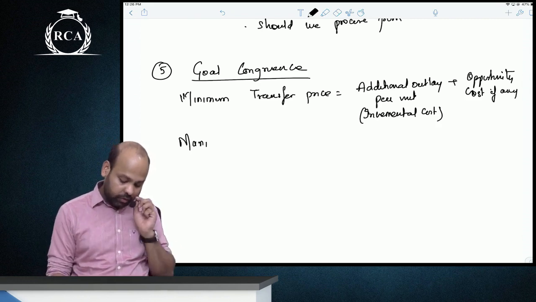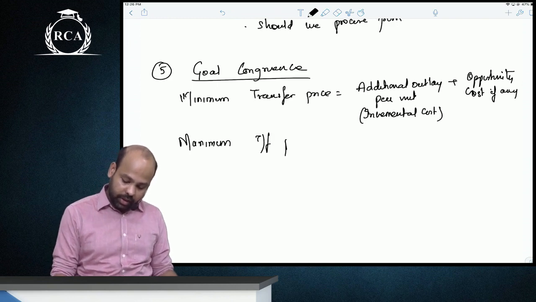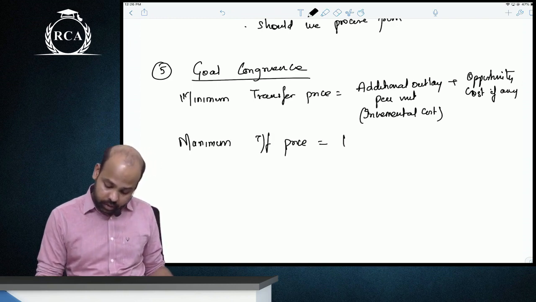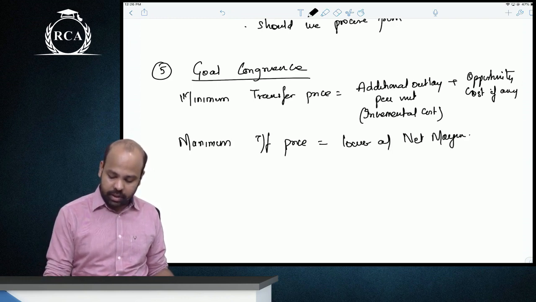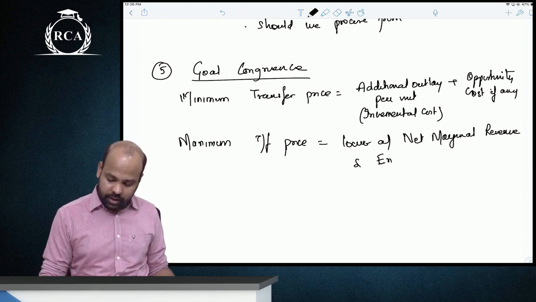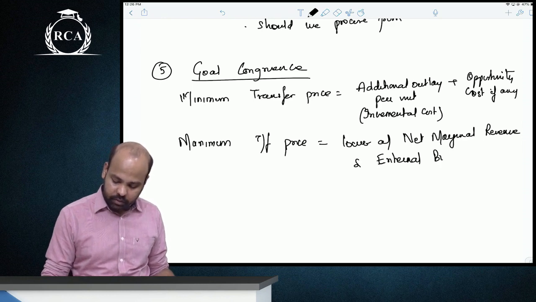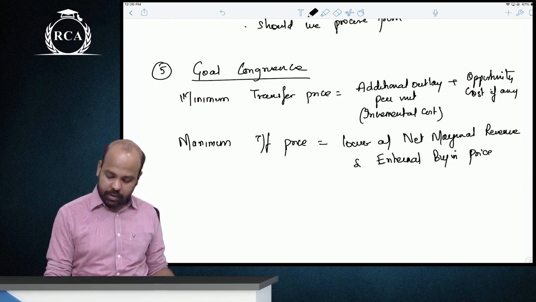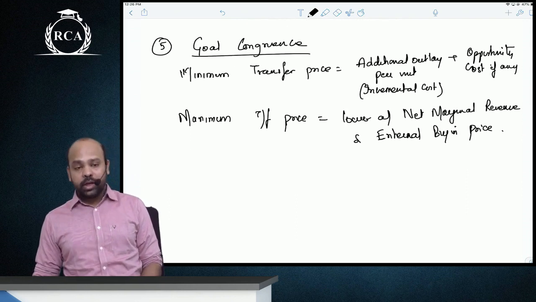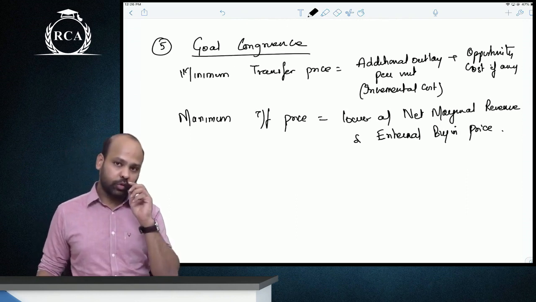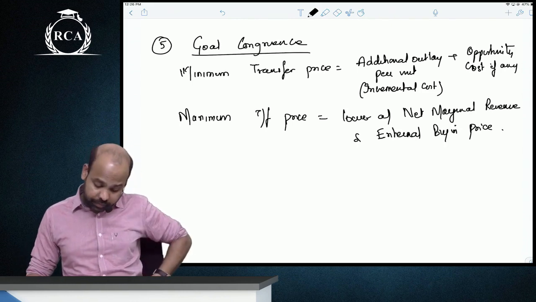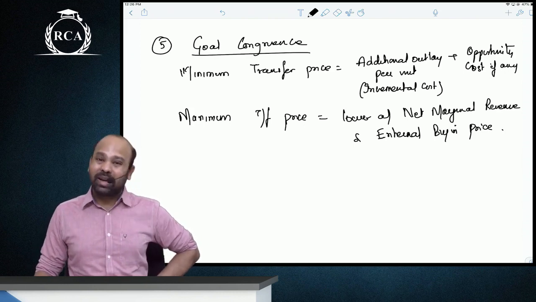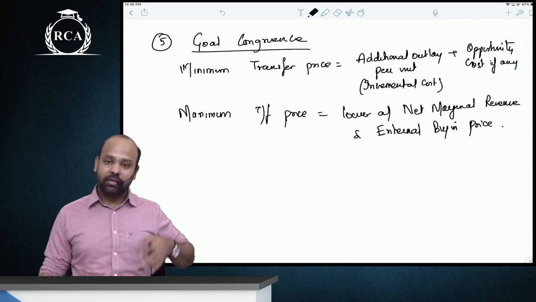Your maximum transfer price would be the lower of net marginal revenue and external buying price, that is, the supplier price. The minute you see goal congruence in any question, you are supposed to write this. No if, no but, this has to be written, beta. We will have to write this clearly. Understood, sir? Once you write this minimum transfer price and maximum transfer price, what next is understanding